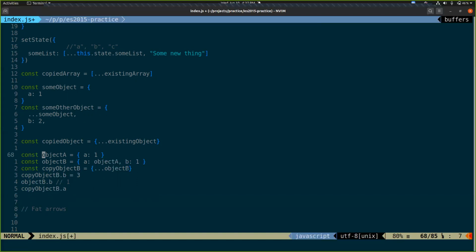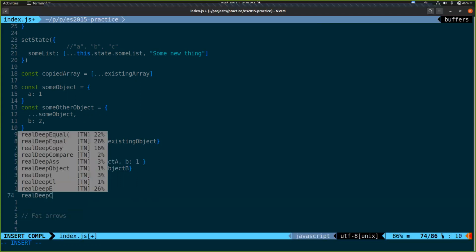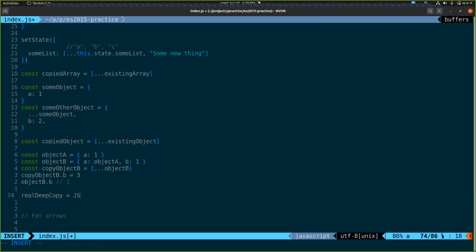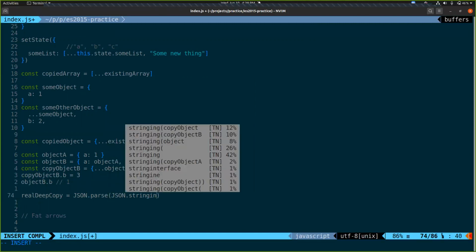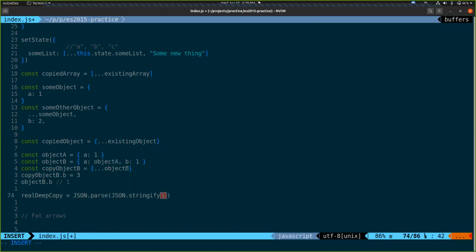So if I wanted a separate copy of object A, I would have to do a deep clone. The dirtiest way to do that, like I've absolutely done many times, is JSON.stringify and then JSON.parse something.